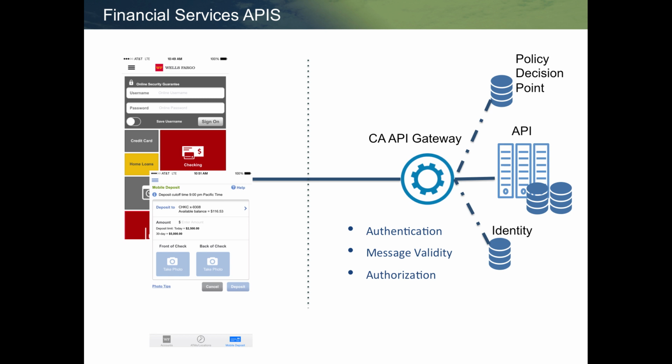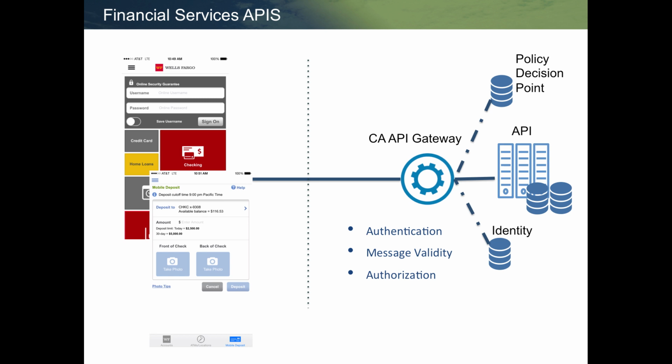So the APIs are exposed from Wells Fargo. I load up the mobile application. I log in with my credentials. It goes through the characteristics that are associated with Andy Gray and his banking relationship with Wells Fargo. And it'll have deposit limits and days. It'll list all of my accounts, what I can and cannot do with each one of those accounts. And so all of that is happening via an API.